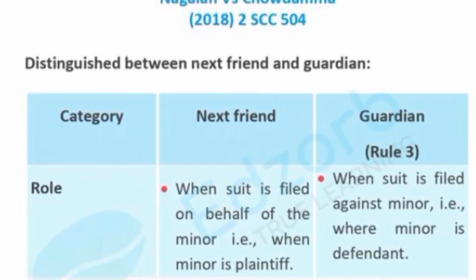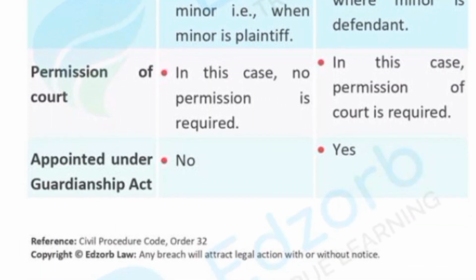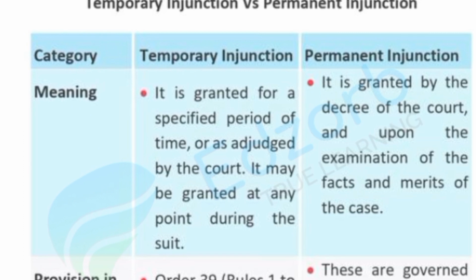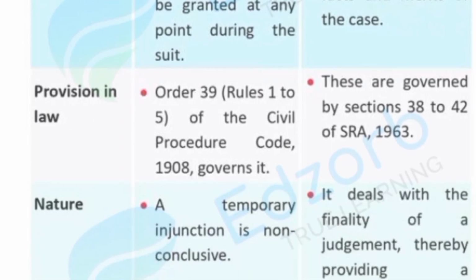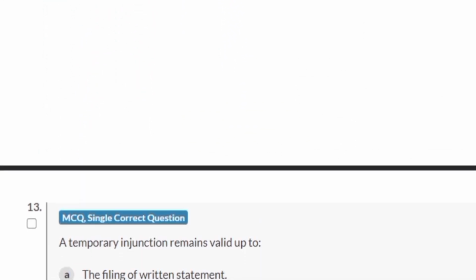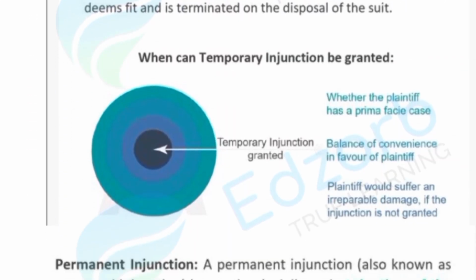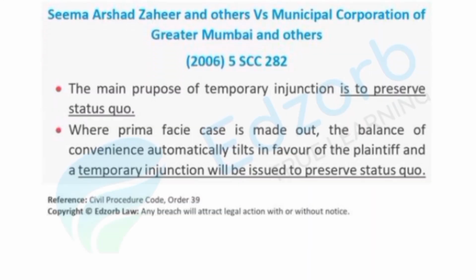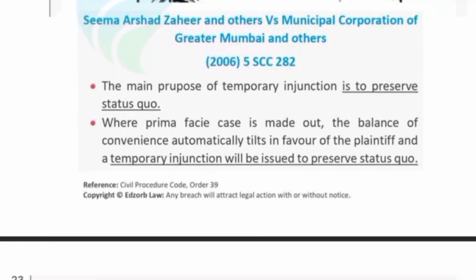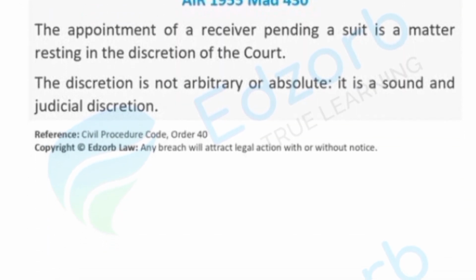Now by following us, you would know very clearly Order 32 Rule 1, which talks about suits by minors being instituted through their next friends. You would also know that the bars under Section 41 Specific Relief Act would also apply under Order 39 of the CPC. Lastly, as per Order 40 Rule 1A, receivers can be appointed even before or after passing of a decree.